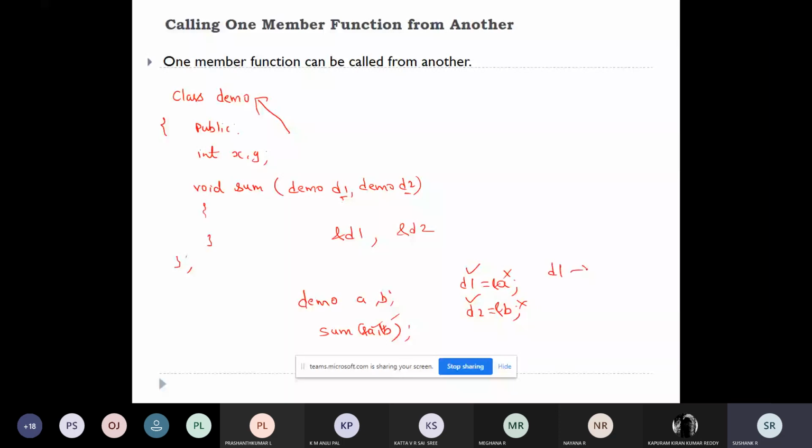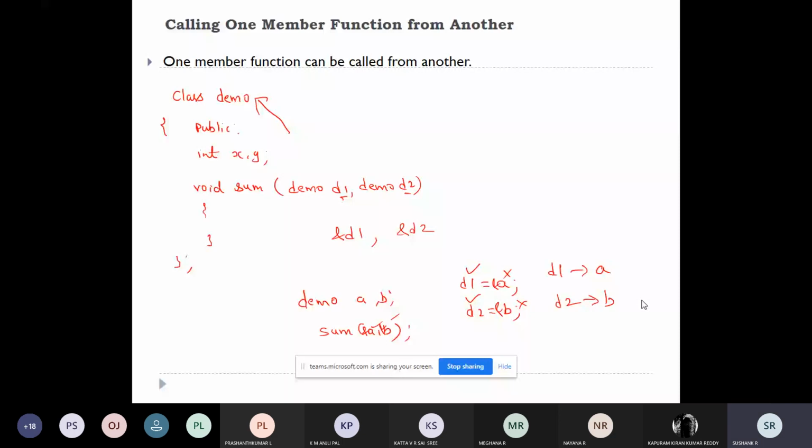Any change which you are making in d2 will get reflected in b. So this is the one primary difference. Pass by value means copy; pass by reference means a single reference, and the changes will be reflected in a and b as well. So this is the thing.